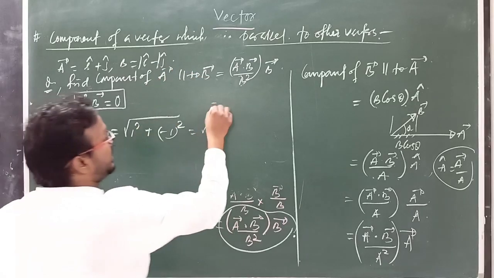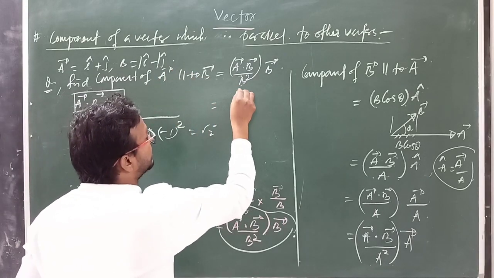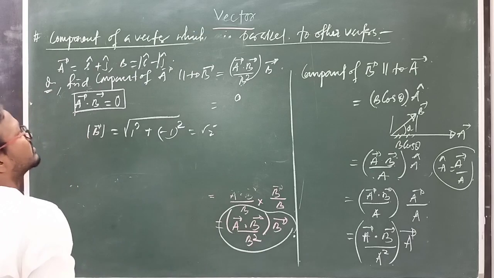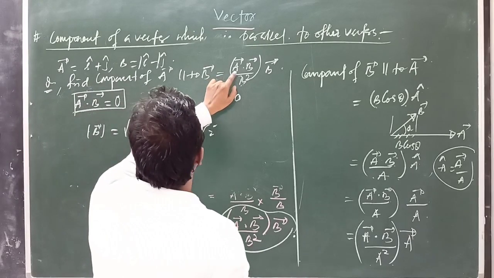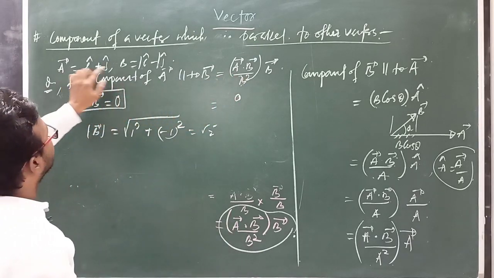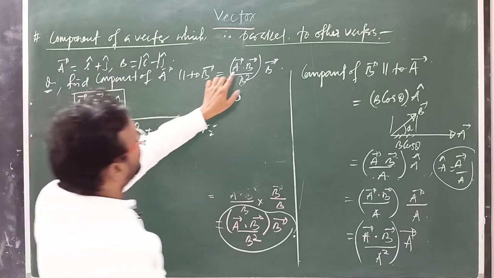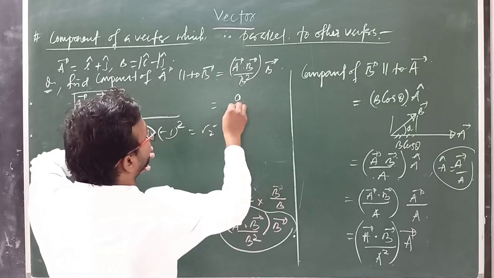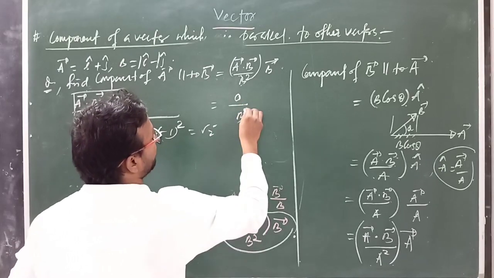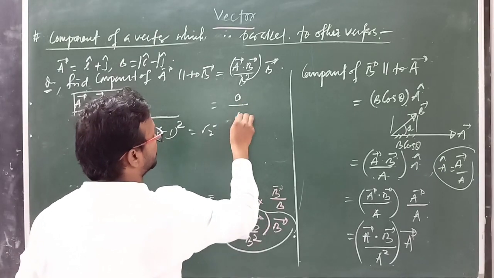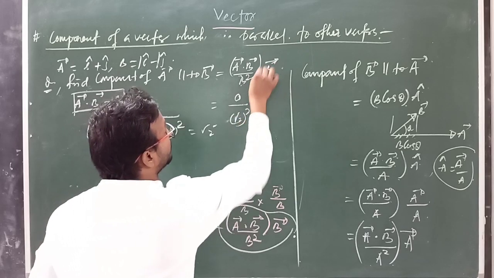So A dot B, 1 minus 1, is 0. Okay. So A dot B equals 0 divided by B square, meaning root 2 square, into B vector,